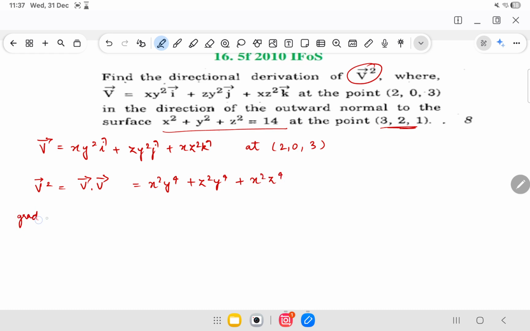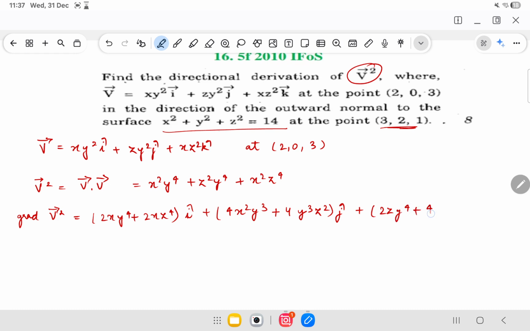Now the gradient of v square is (2xy raised 4 plus 2xz raised 4) I cap plus (4x square y cube plus 4y cube z square) j cap plus (2z y raised 4 plus 4x square z cube) k cap,